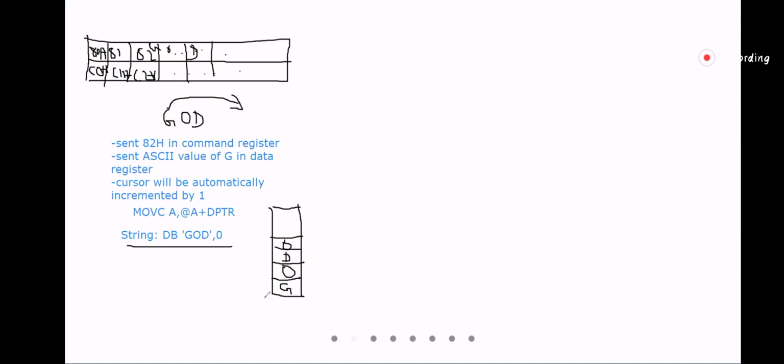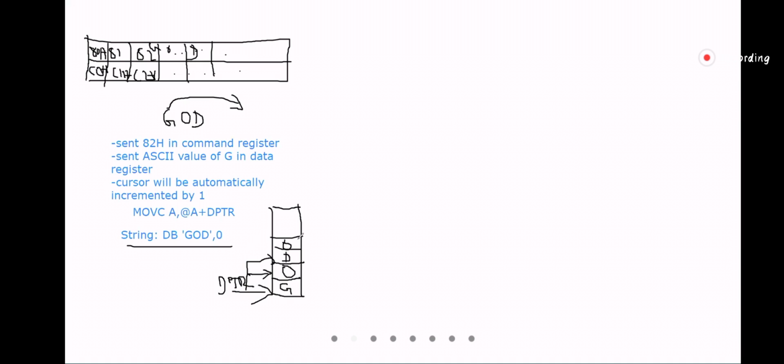Now, firstly, the DPTR will point to your G. This is DPTR, right? Data pointer. Your data pointer points to G when A equals 0. So DPTR will be automatically incremented, and it will keep being incremented until the value it reads is 0.